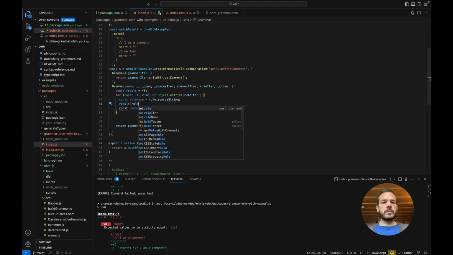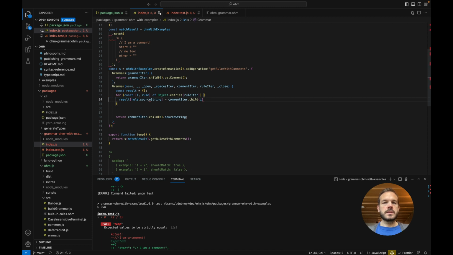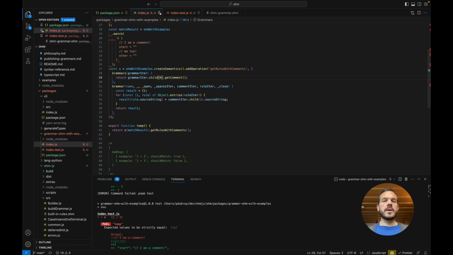So result at rule name. Let's just make this nice and make this a one-liner. Result at rule name equals commentator.child.i. That's our string, right? This is pretty simple. I'm going to return results, and then why don't we actually make this return an object to